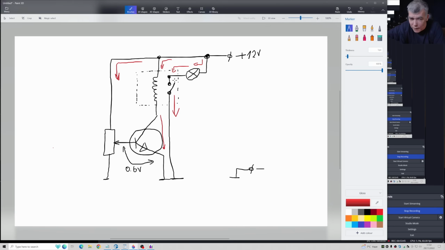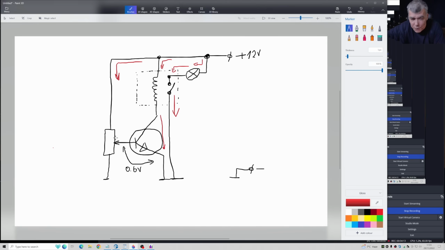You remember we check. So if the light bulb is off, here we will have 12 volts, right? When the relay is clicked, here will be 0 volts and here will be 12, right? Good. It's what will happen, because it will be very fast. So if we are taking the voltage from here